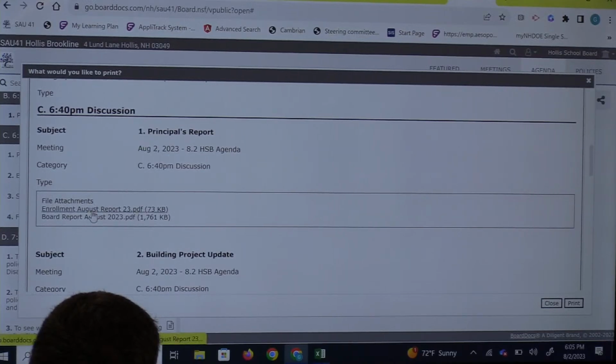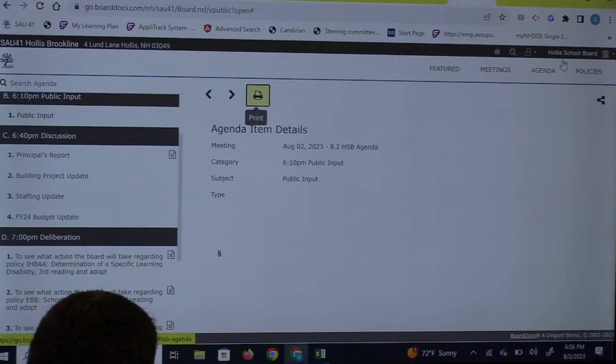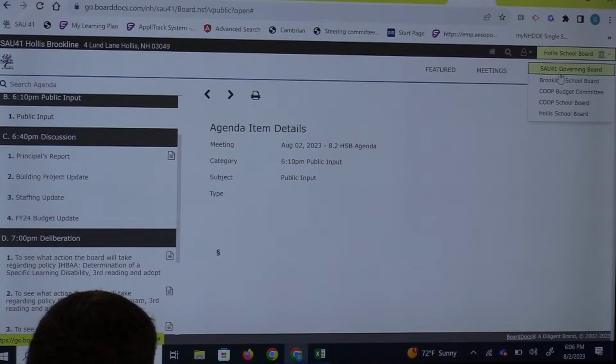These are links as well. So you can look at the agenda and then have clickable links to the supporting documents for each section. And that's essentially BoardDocs. I'm going to just quickly show you